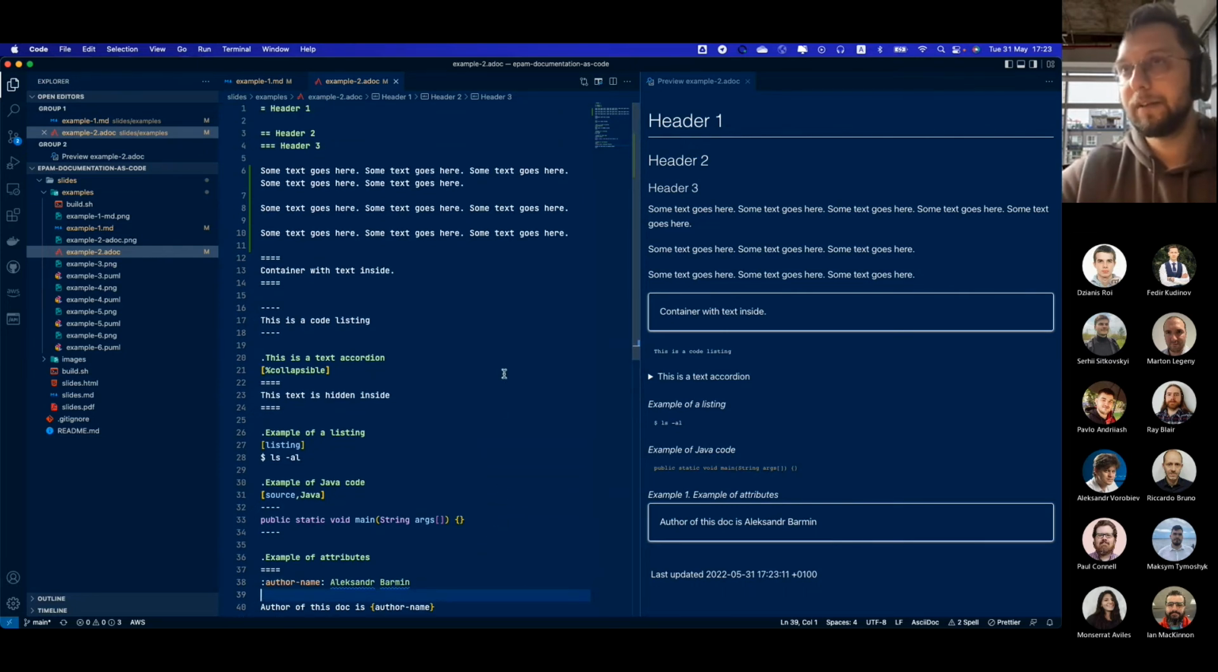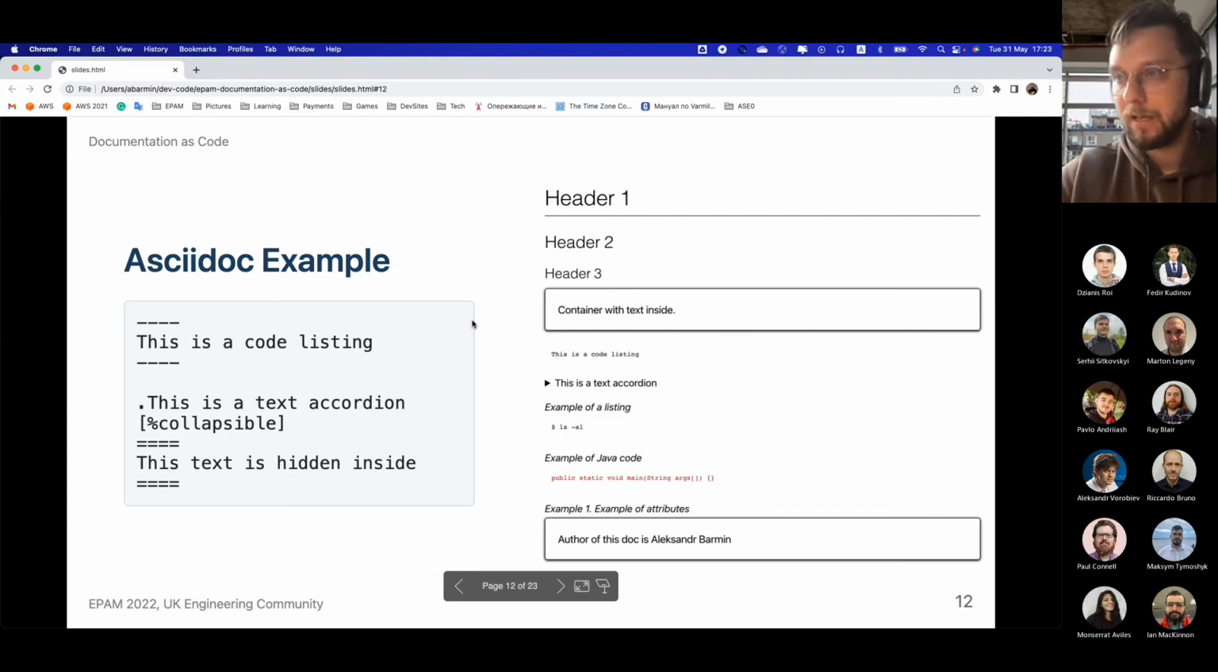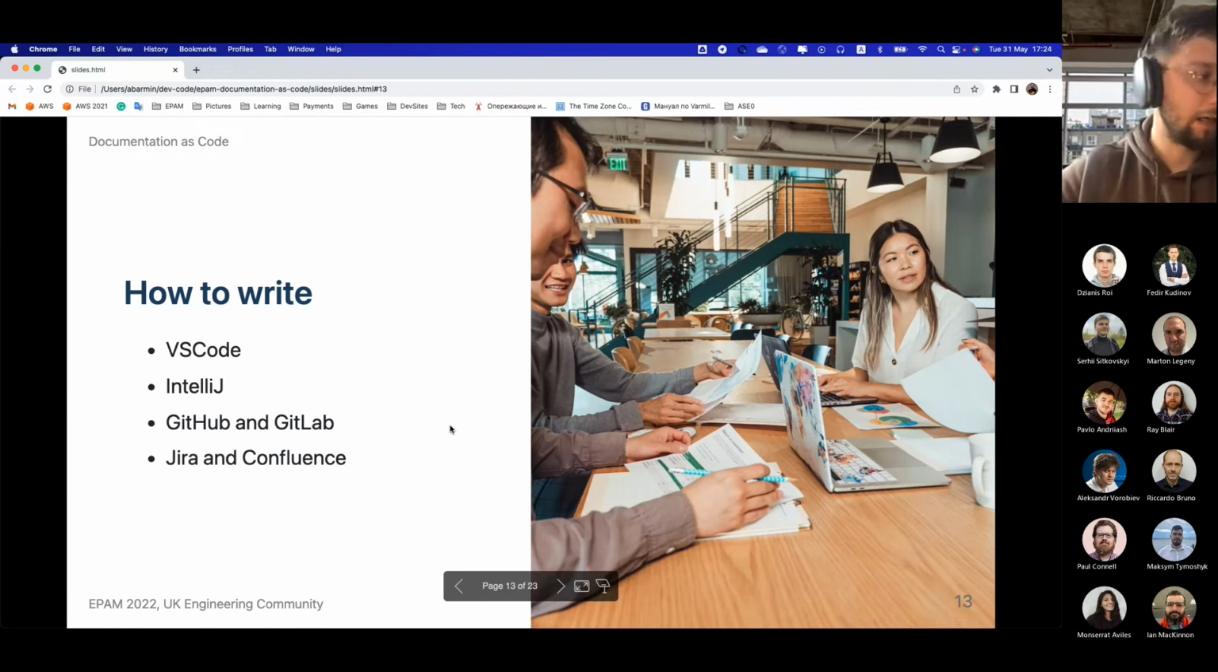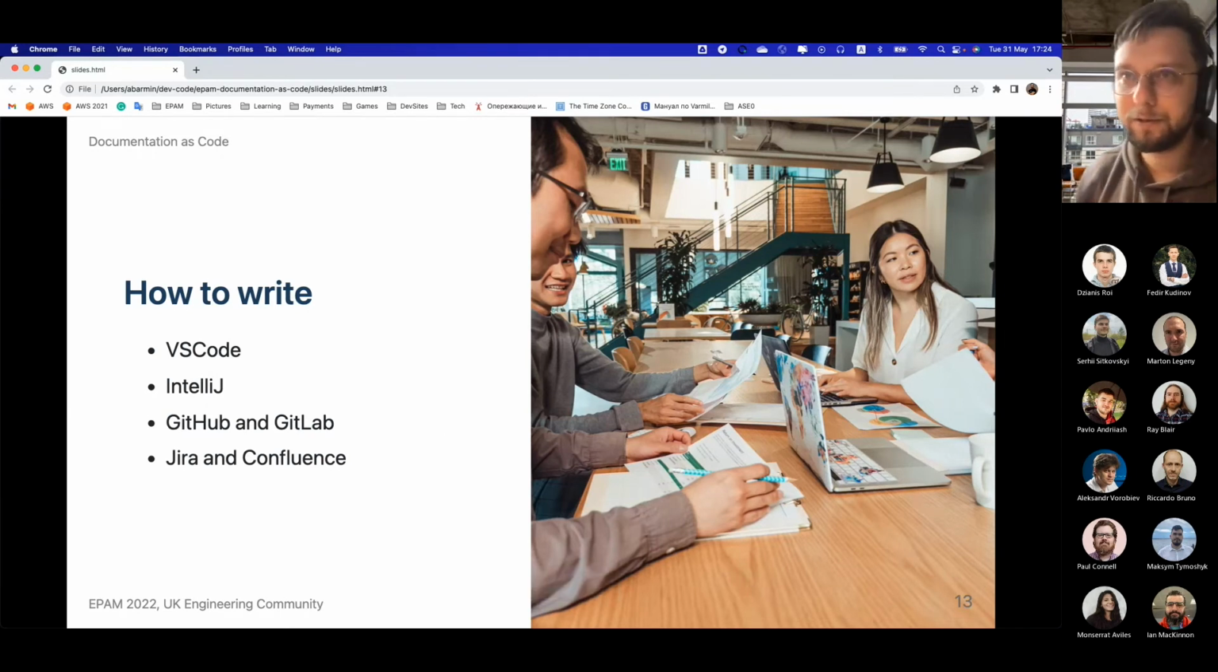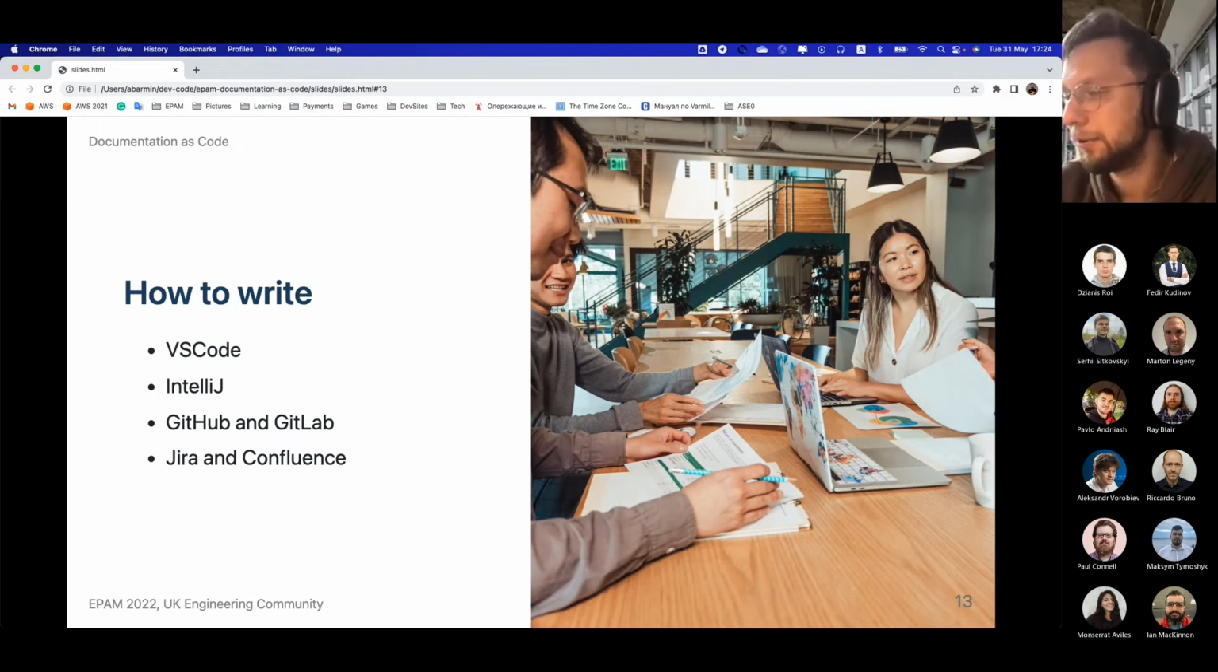My personal preference is using Markdown as much as possible, maybe just because the documents I'm writing are not so complicated as to need AsciiDoc. Nevertheless, if you're maintaining documentation for a big project, maybe you need to take a look into AsciiDoc as well. You may say, well, I'm a hipster, and on the one hand, I write code in VS Code, IntelliJ, GitHub, GitLab, Jira, and Confluence, but I'd like to use something which supports AsciiDoc not only on my PC,